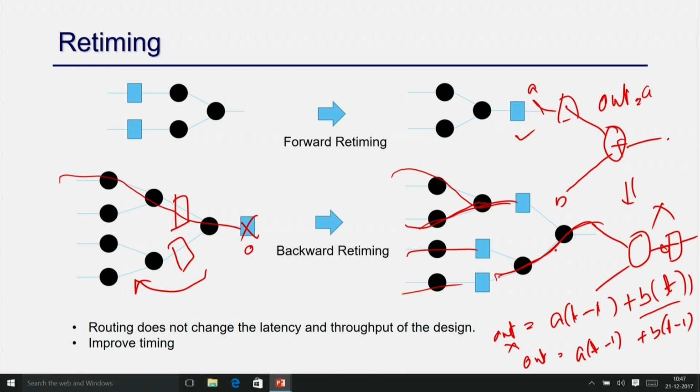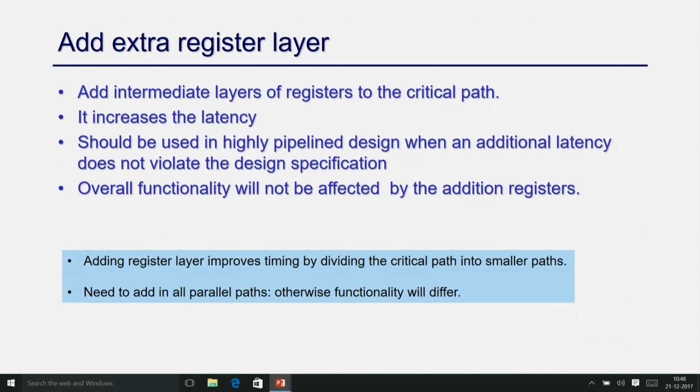Okay. So this is what is called retiming, and retiming is a very widely used technique to improve your timing. And this can be automated. We are going to discuss how to automate this whole process to improve the clock period of your design. So we have a separate module to discuss that. So we will go into detail of retiming in that particular module. So I will move into the next